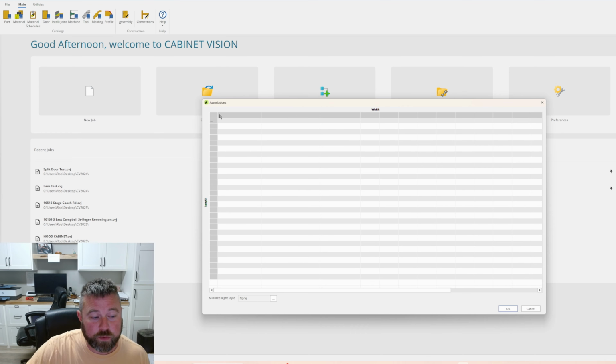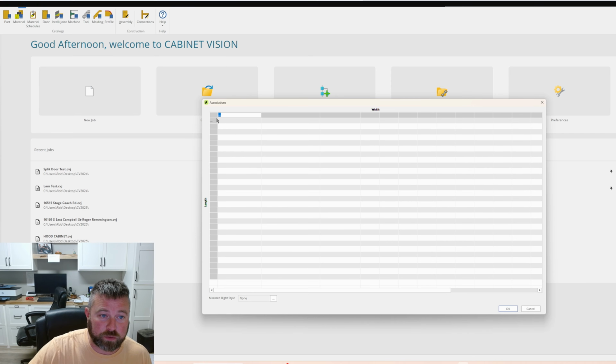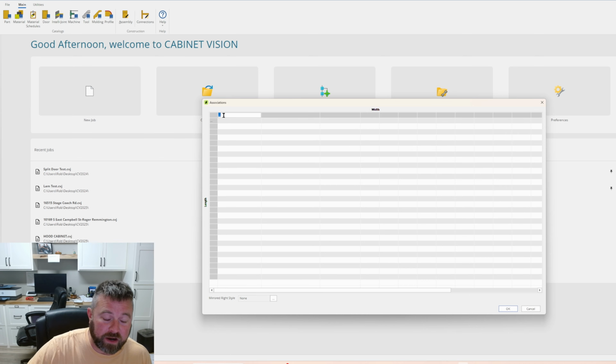All right, so what we're going to do to start is we've got these 3 little dots. There's 2 spots with 3 little dots. Okay, this one is representing the width. This one is representing the height. All right, so to explain the logic of what we're about to do,